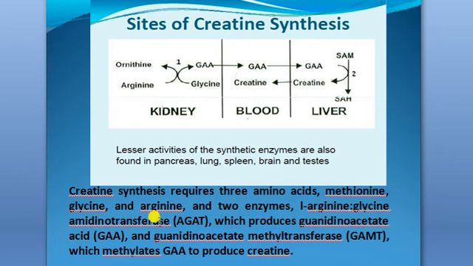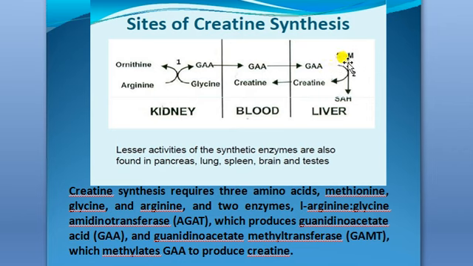The first is arginine glycine aminotransferase. Because of this enzyme, guanidinoacetate acid is formed. This is GA. It enters into the blood. Then it enters into the liver. In the liver, in the presence of guanidinoacetate methyltransferase,